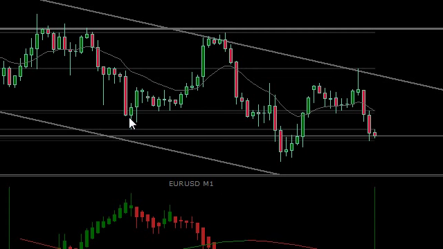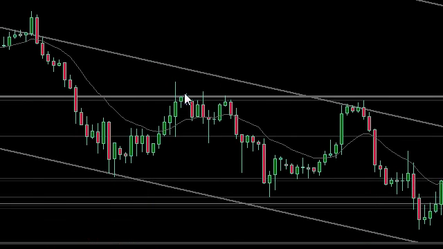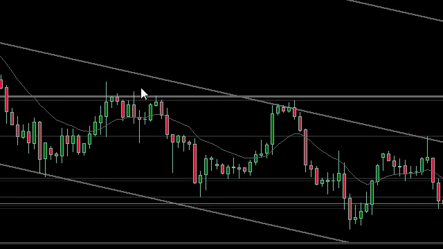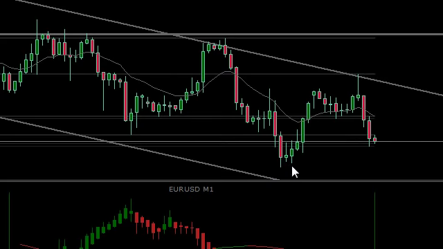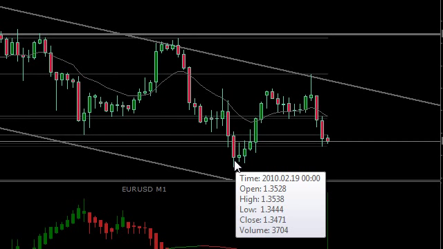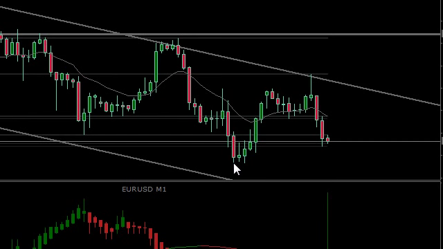Now for trend to change direction, what we're looking for is we've got a low here and a high here. We're looking to see whether we can get a higher high and a higher low. Well, clearly this is kind of a lower high, and this one here is a lower low than this one. Now if this here forms a higher low than this one, potentially we've got an opportunity for this to become a trend reversal. So I always look for these opportunities, and I tend to draw a channel